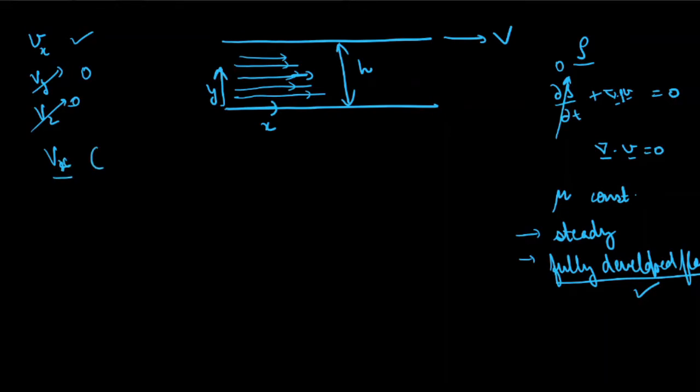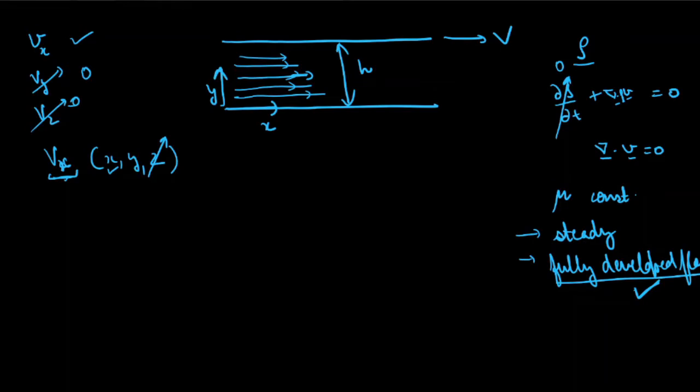Now Vx can be a function of x, y and z. In the z direction, which is perpendicular to the plane, if we take any xy plane at any z, you will see that the velocity profile is not going to change because of the symmetry. So in the z direction, intuitively we can see that Vx will not be dependent on z. Then because we have a fully developed flow, the definition of fully developed flow is that if we have velocity in the x direction, then it should not be dependent on the direction in which it is moving, so it should not be a function of x.